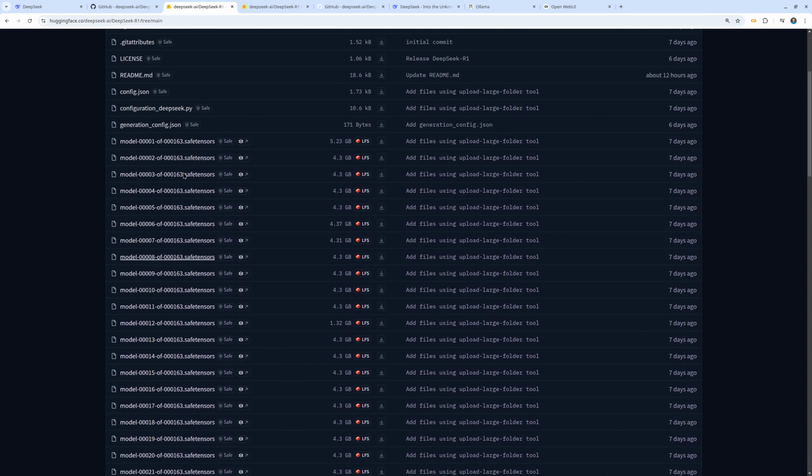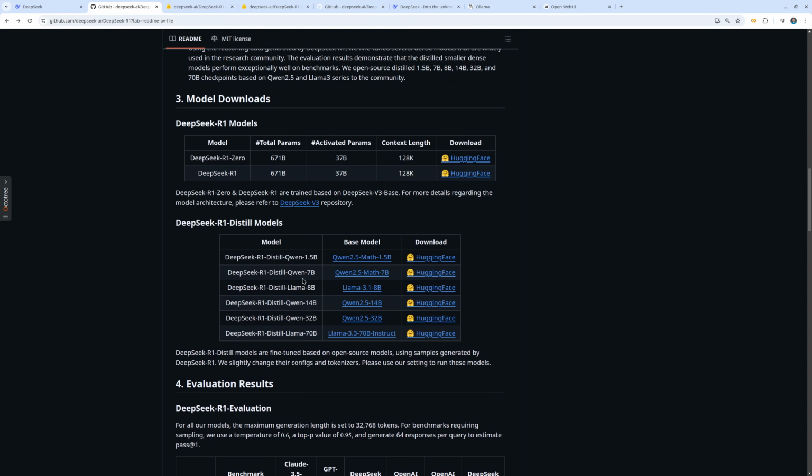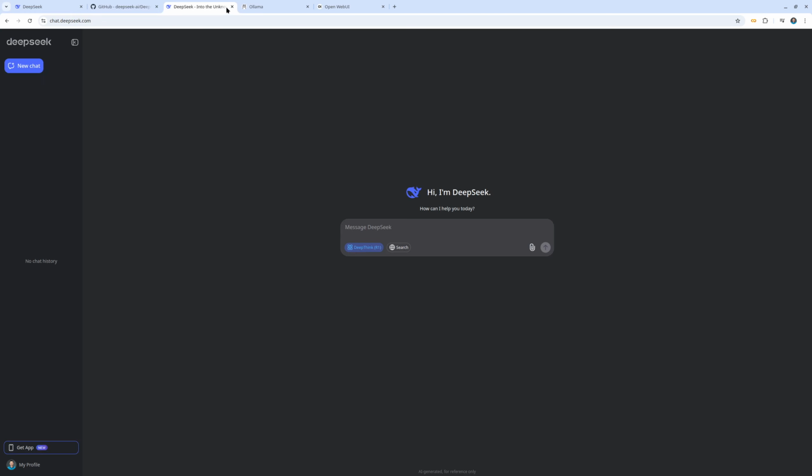We're going to use Ollama, so we don't need to use Hugging Face, but I'm just showing you the different types of Distill models that they have. Basically, the size is different. The large one is definitely going to be better, but you will need better hardware to run it. So next, let's see how we can set it up. Oh, by the way,